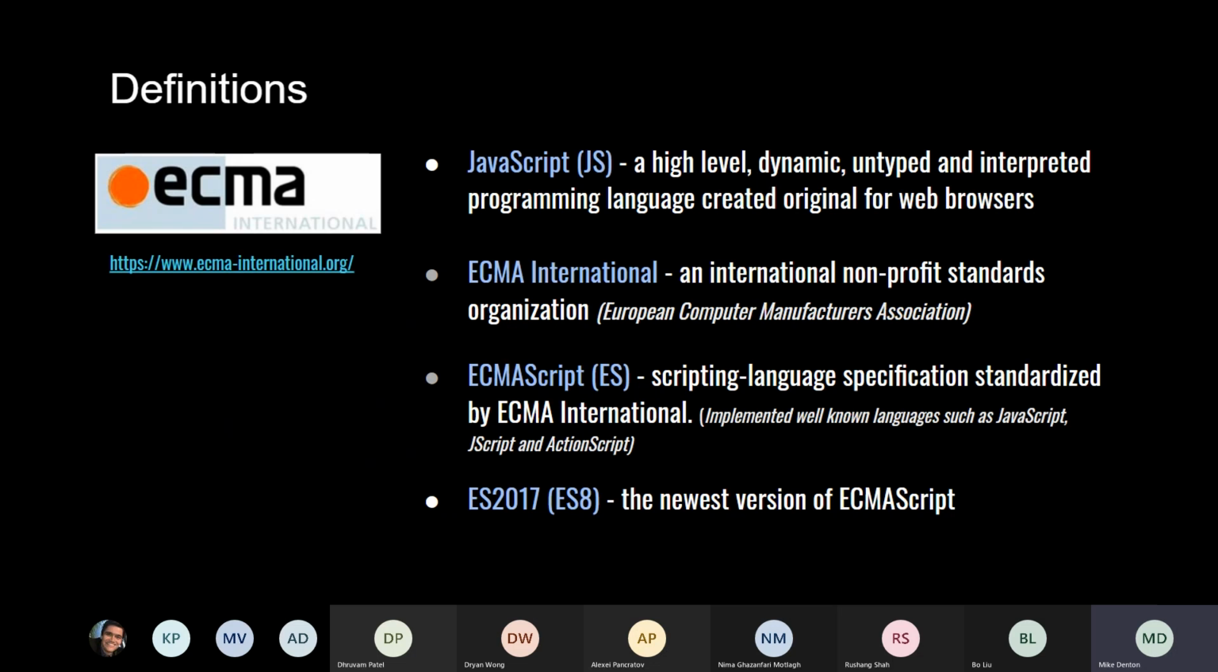We already know what JavaScript is, a high-level untyped programming language. This organized body, ECMA, they have all the different schemas. As we know, ES6 was the big release. And we looked at the various other subsequent versions, ES7, ES8, ES9, smaller releases, but